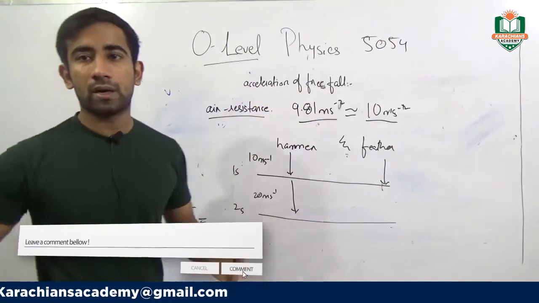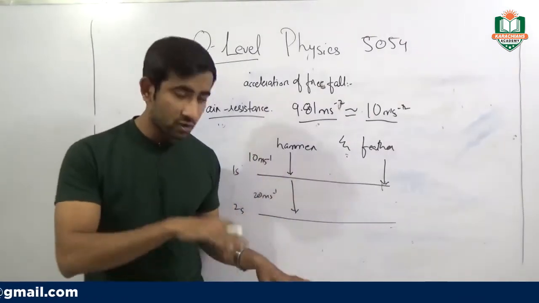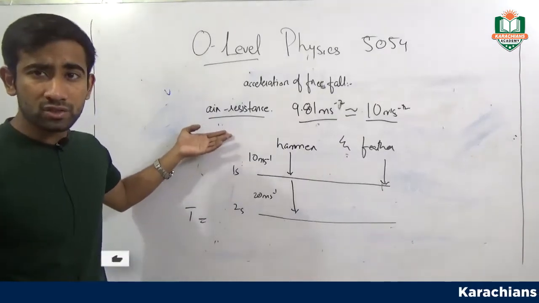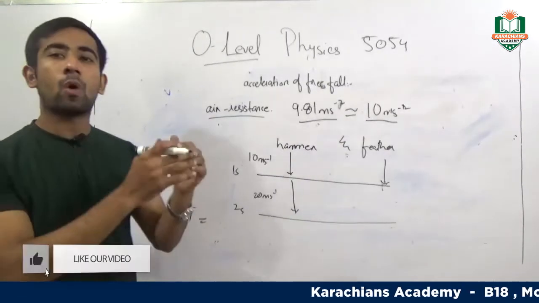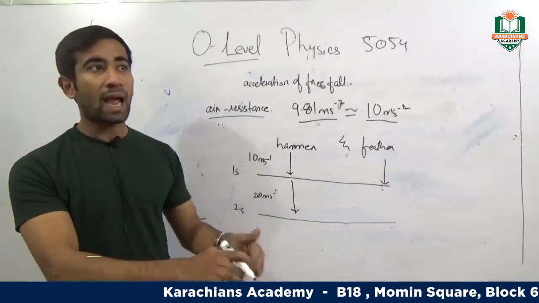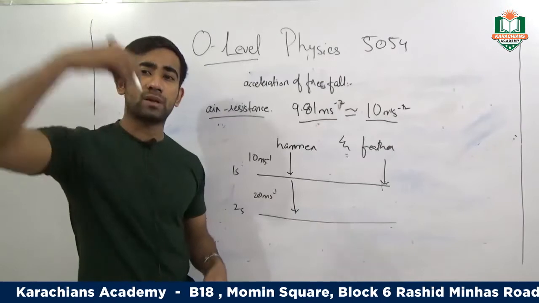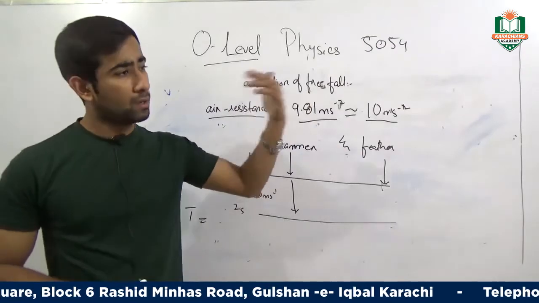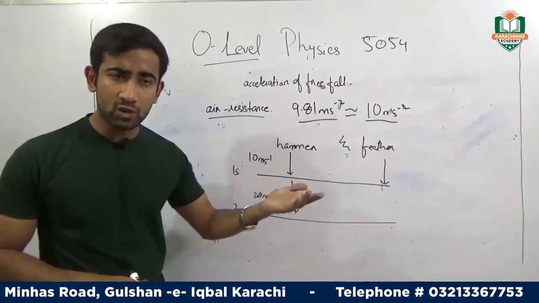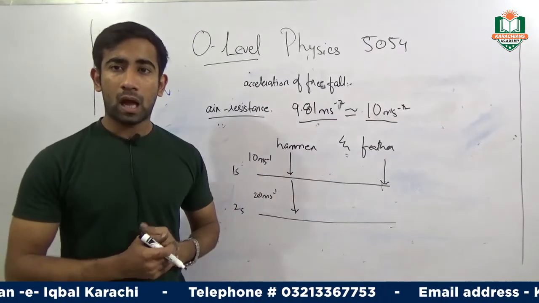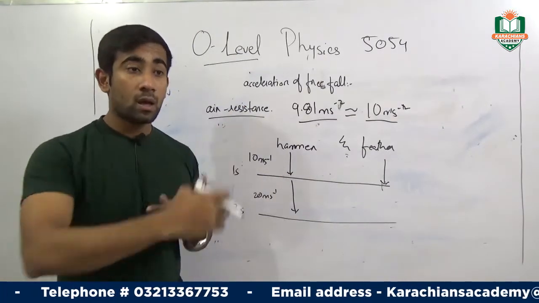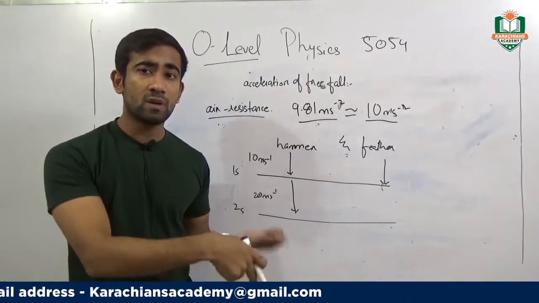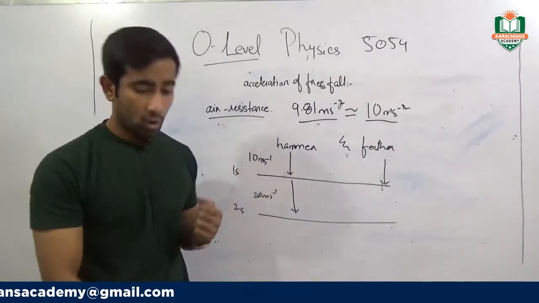Air resistance is always there. Air is all around us and it opposes the motion of the falling body in Earth's gravity. So we say that air resistance does not allow the object to accelerate at 10 meters per second squared. If something is falling from a plane, that object will definitely be falling at an acceleration of 10 meters per second squared or 9.81, and the velocity of that object will be increasing. But when it will be falling into the atmosphere of Earth, in the gravity of Earth, there will be air resistance acting on that object. For example,